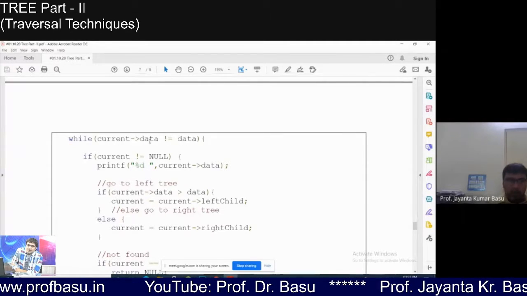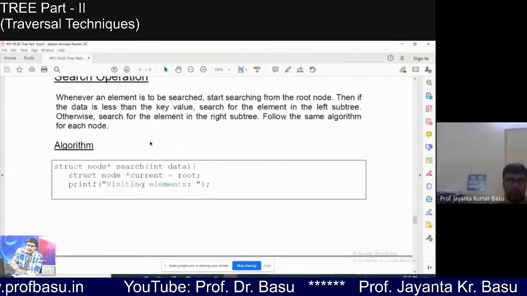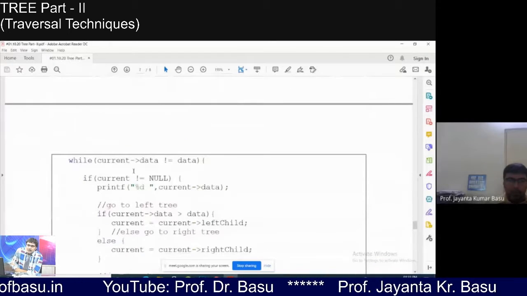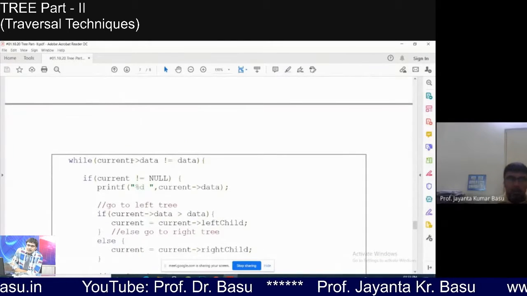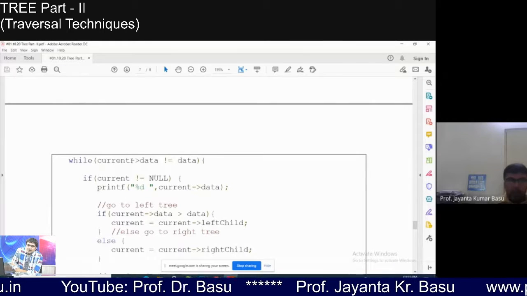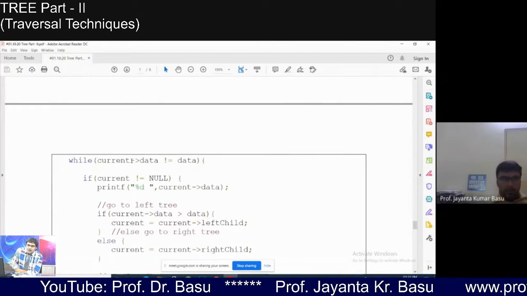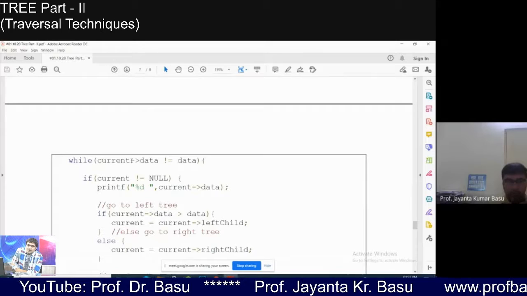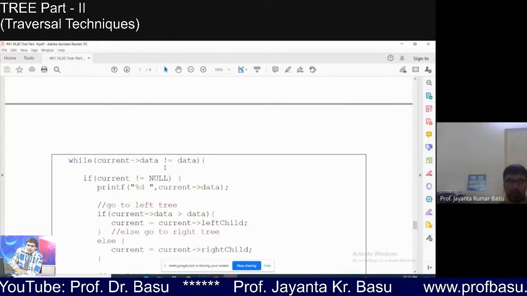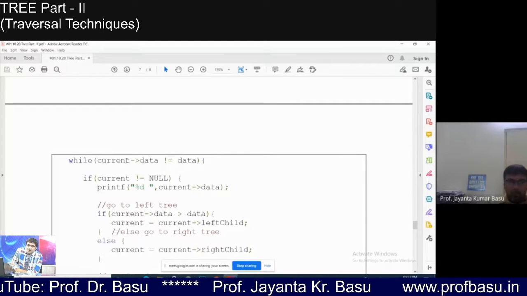Current arrow data means the data at the node where the control is currently pointing. Each and every node has a data component. It will start from the root node.